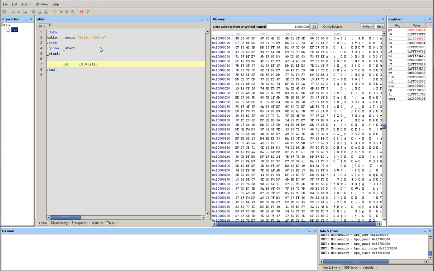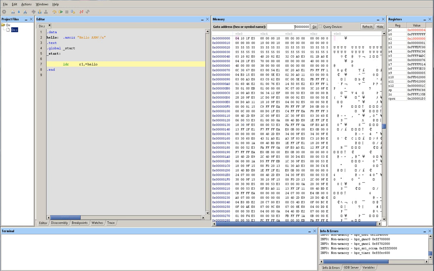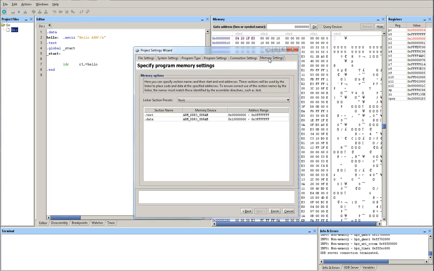such as the .data, the .text, the .bss. So let's go now and go back to address 0. That is still my instruction that I have here. And what I'm going to do is change the starting address of the .text directive. So I'm going to disconnect, and edit the project setting in memory, and I'm going to